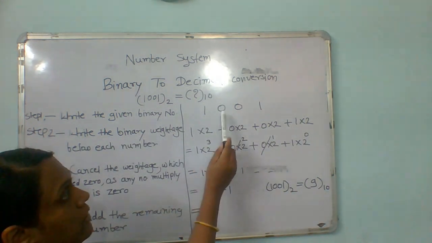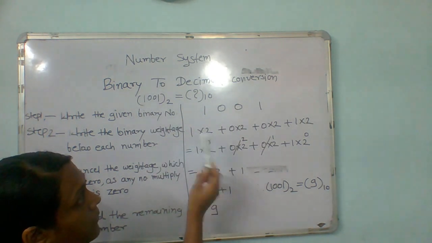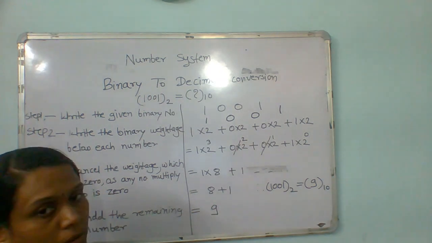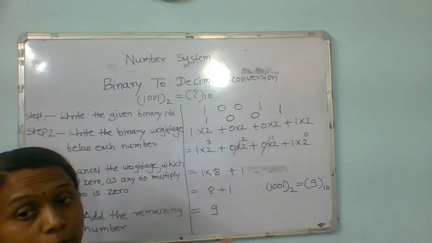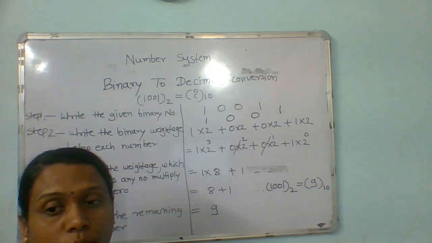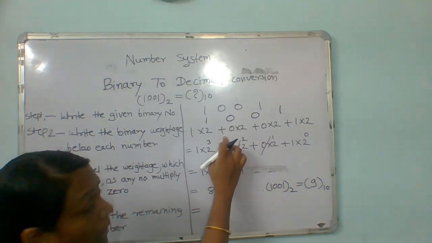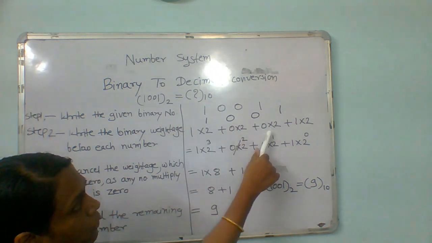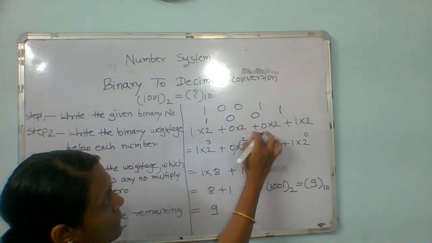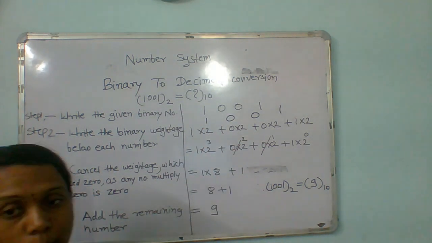Now see this 1001. This is our binary number. In the second step, we separate the digits as 1, 0, 0 and 1. Now to convert the binary number into a decimal number, what is the base of the binary number? With the base of that number we have to multiply each digit and make an addition. So 1 into 2, 0 into 2, 0 into 2 and 1 into 2, that is, 1 into 2 plus 0 into 2 plus 0 into 2 plus 1 into 2. This is the second step we have to perform.